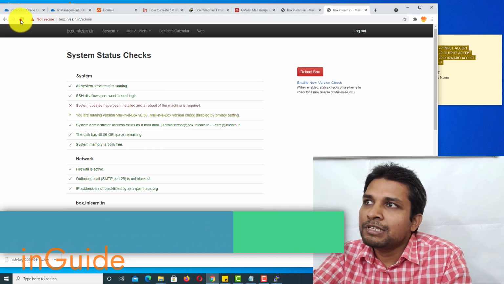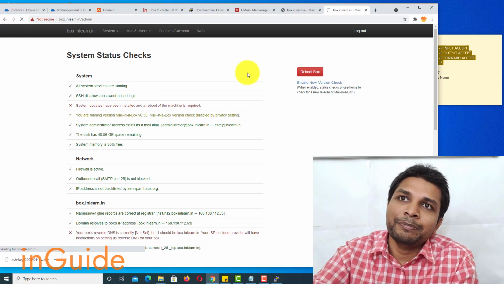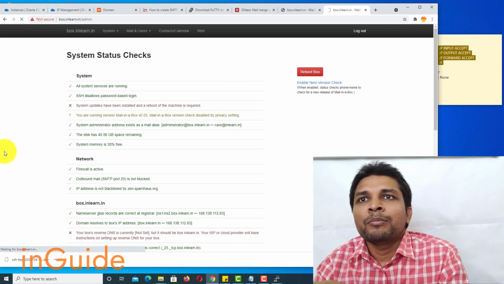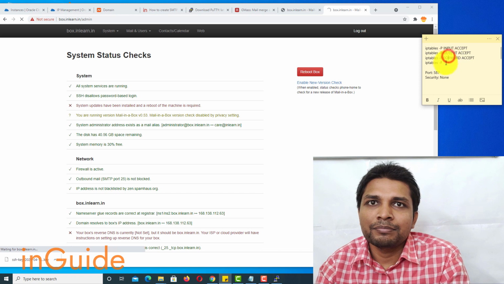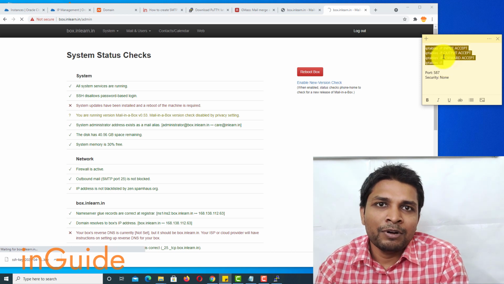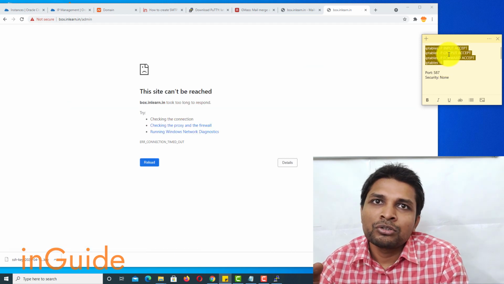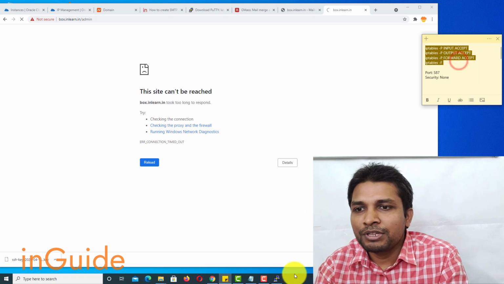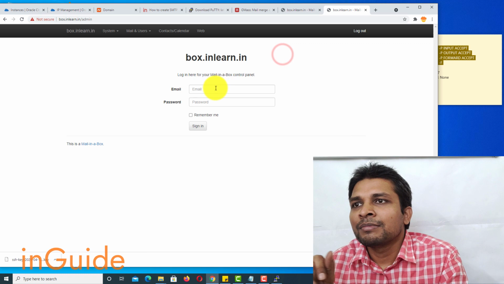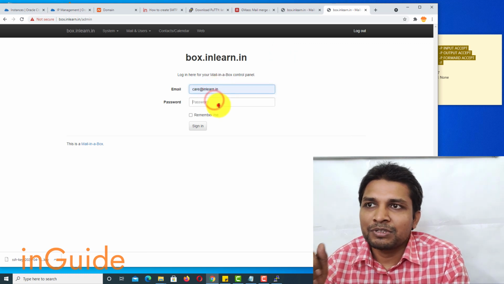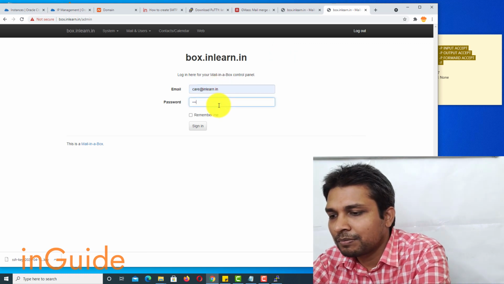Now if I refresh this page, you would see this page is inaccessible because the IP table rules reloaded and it again enabled all the default settings. So what I am going to do is to copy these commands and execute them all at once, and now you see that the website becomes accessible once again.